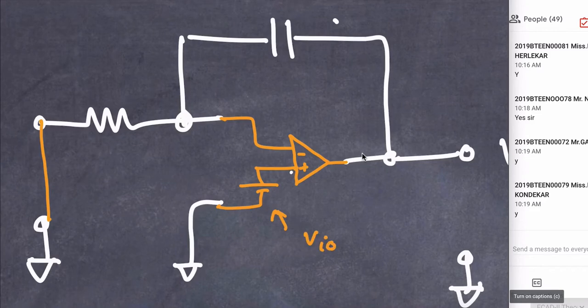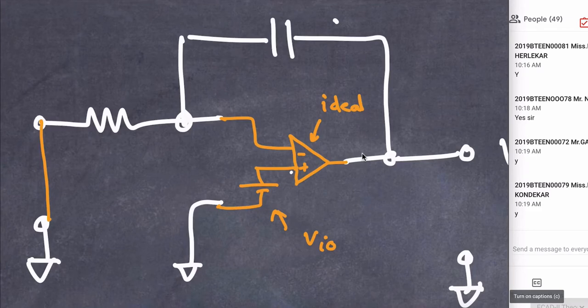Did you get this point? We first had drawn simple basic integrator, then we added one ideal op amp plus VIO and then removed the outside. So whatever we see is a practical op amp in the form of ideal op amp. Because this is ideal op amp, everybody understood this much? It's quite simple. Since this is ideal op amp, virtual short will be there because there is a negative feedback.